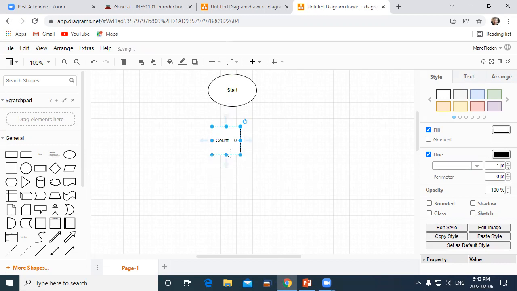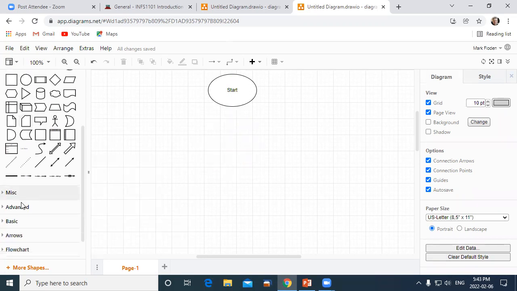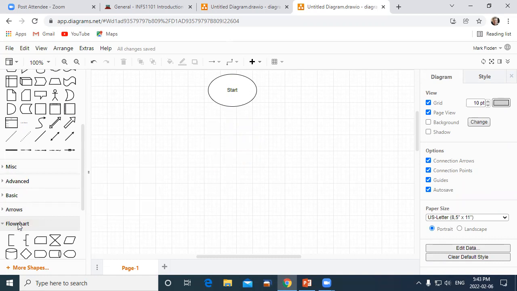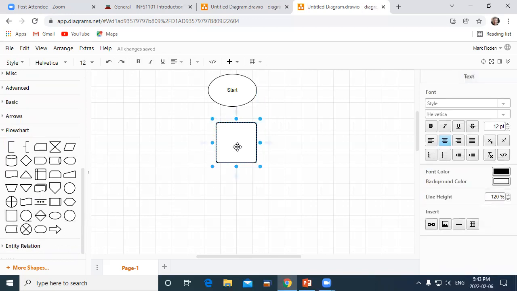Oh, that's not good. That's not the right emblem, is it? We had one before. It's square. Oh, that's because I'm in general. I'm not in flowchart diagram things, right? So let's go to flowchart. Yeah, so then I can get a process that's better. Yeah, so this would be, we would just